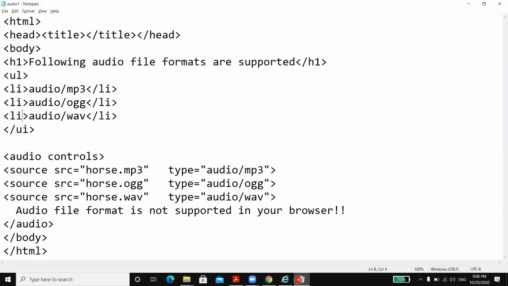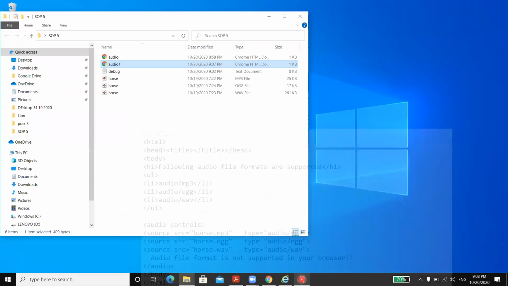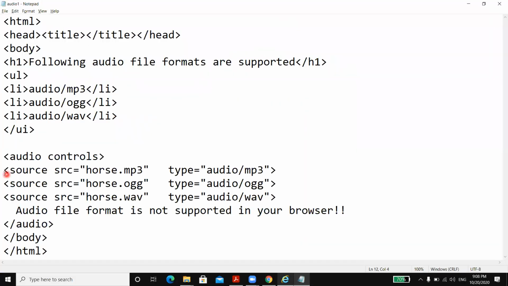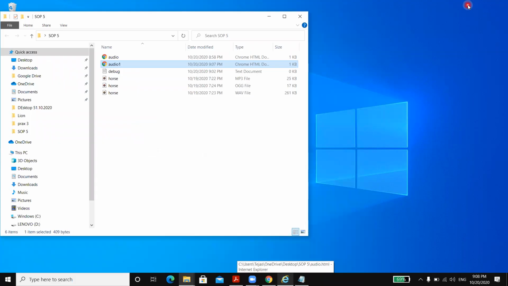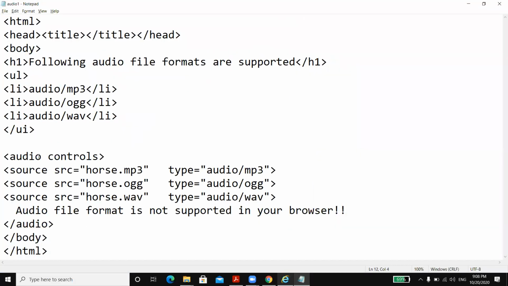We are trying to play, and we have written 3 multiple sources. Now when you write the source, that doesn't mean that the media player will be displayed 3 times. You might think that you have written the source 3 times, so the media player should be visible 3 times. No, it will not work that way. Check here the audio tag which we have written.